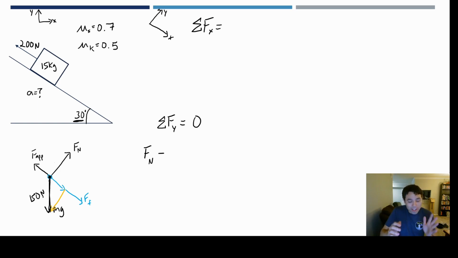But anyway, my point is that you use that number, 150 newtons, to find the components. And once you find the components, you don't need that number anymore, right? The only purpose of that number is to help us find that parallel component in the x direction and the perpendicular component in the y direction. And once we find those, we're like, thanks, buddy, don't need you anymore, and you can leave it alone, right? So anyway,